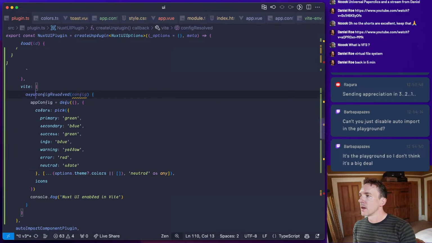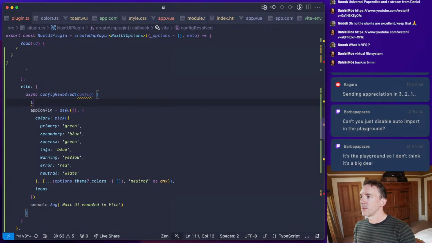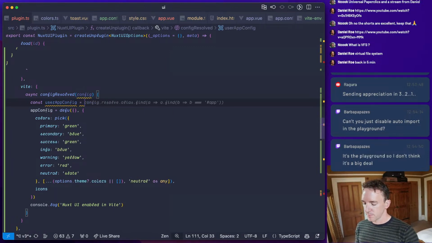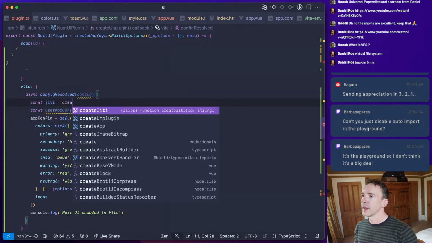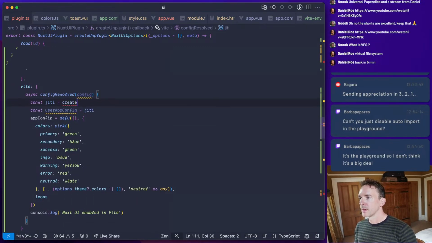Yeah. I'm going to read const user app config equals Jitty. Const Jitty equals create Jitty. For goodness sake, config.root.